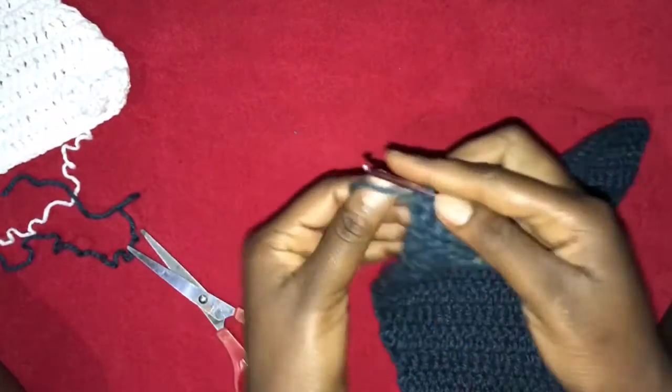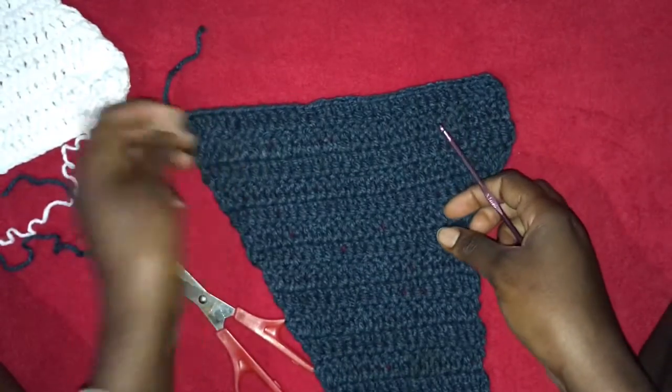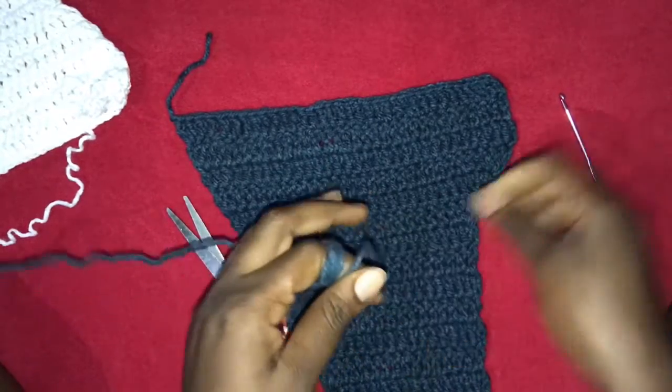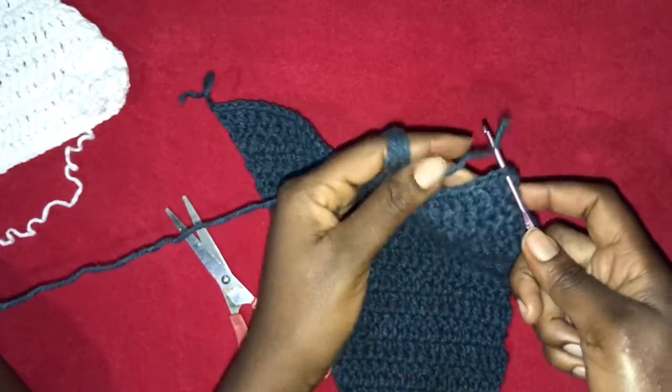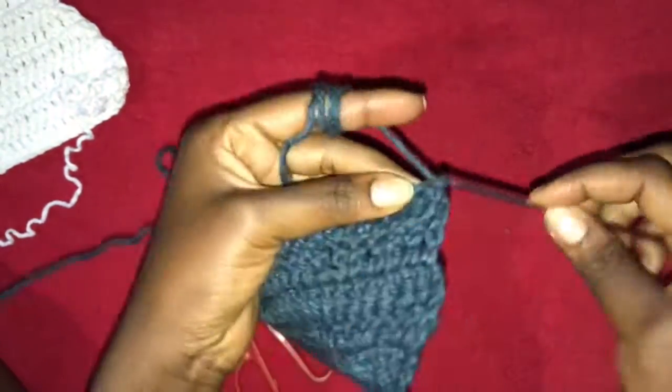Remember, I'm working 2 pieces differently, and I will have to elaborate even on the other piece. So from here, cut your yarn, get your yarn, and then insert it to this end. Okay, and get through it like that, and then chain 2,